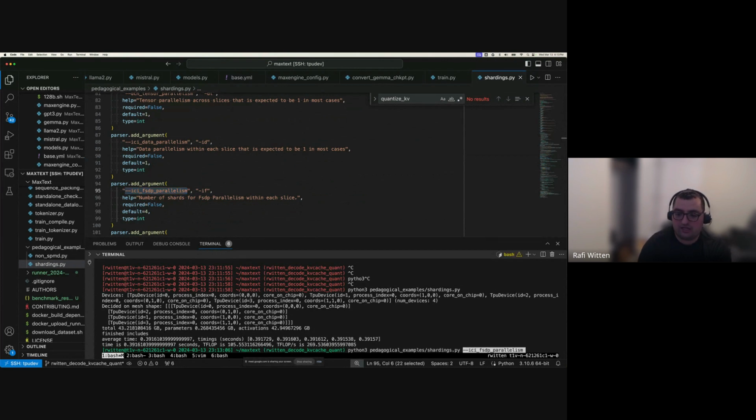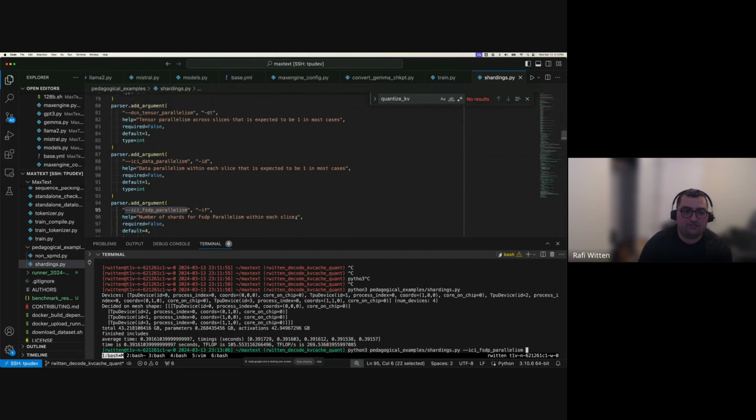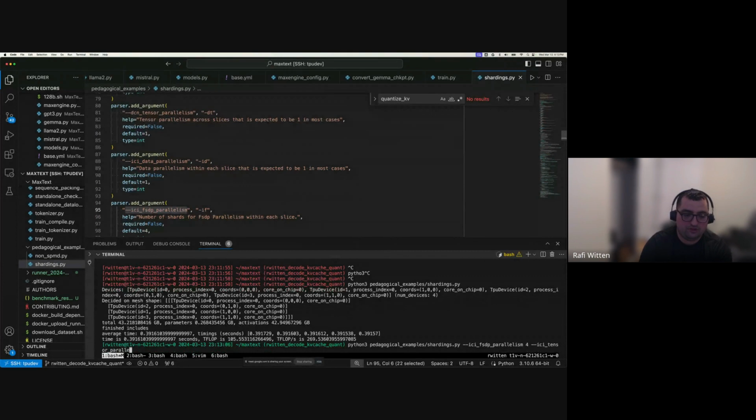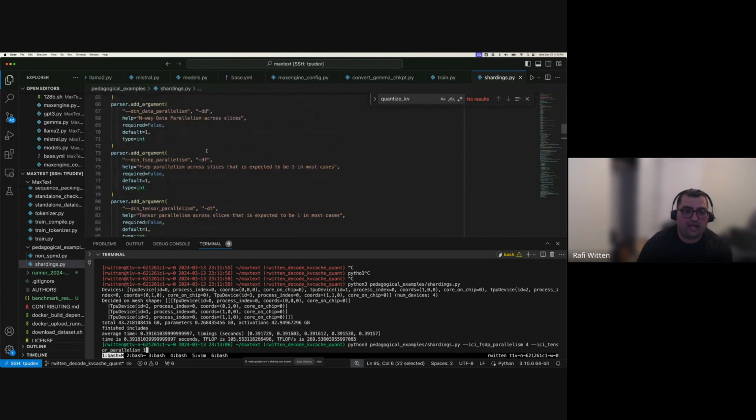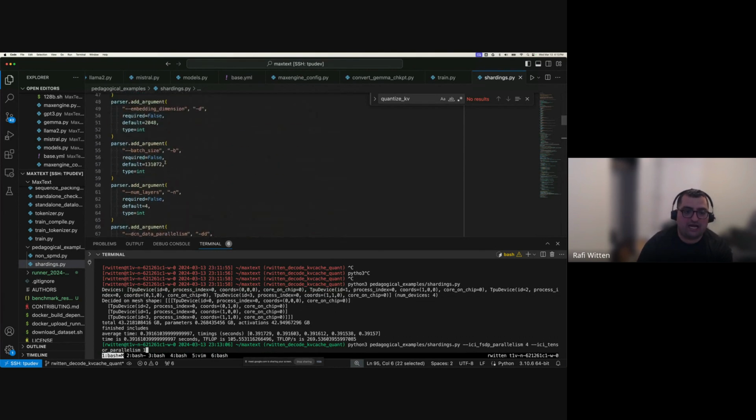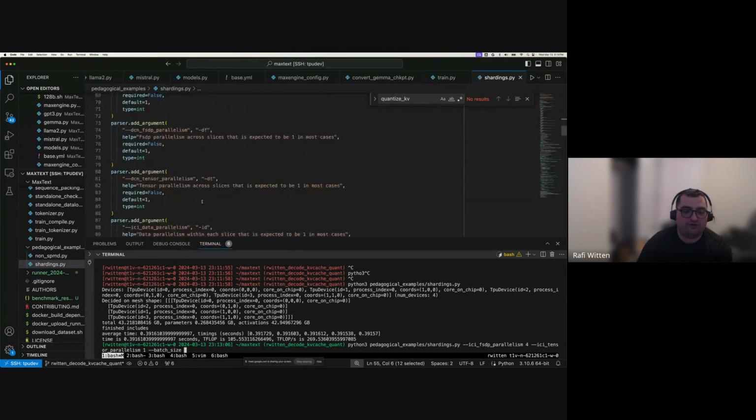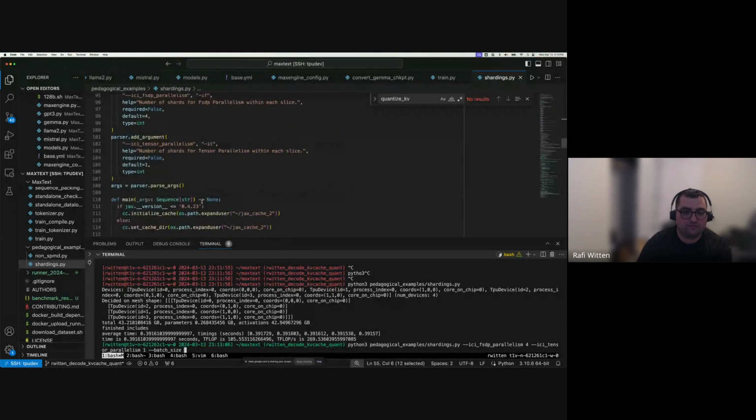Let's put all of these numbers in. FSDP parallelism for ICI, tensor parallelism is 1. And then we should probably have our batch size. Our batch size in this context is our batch size per chip. That's what we're doing here. And then we should also put in, if we can find it,